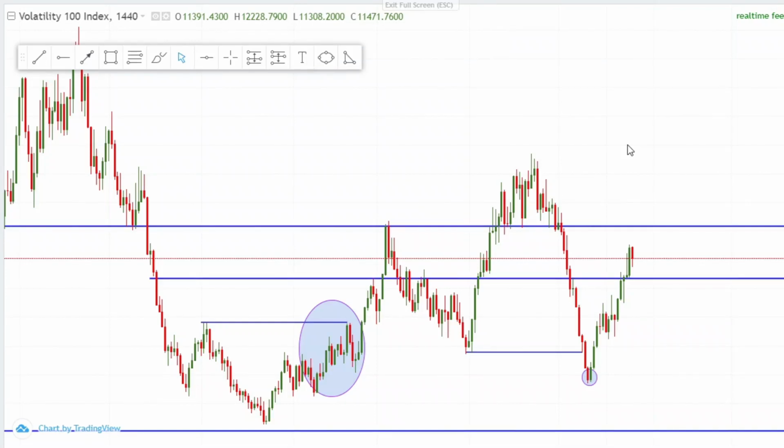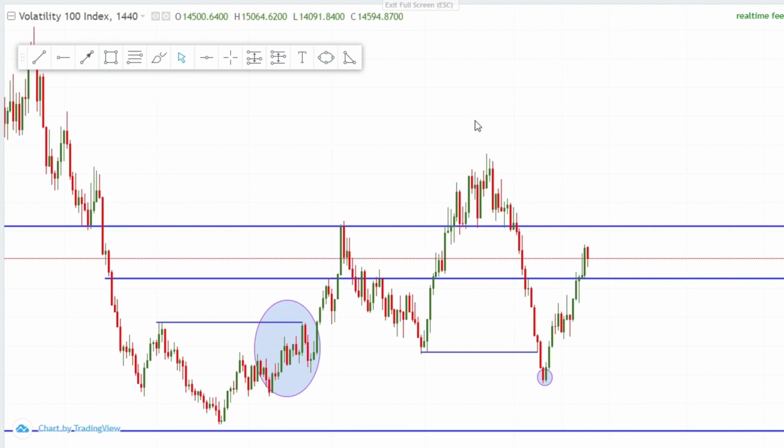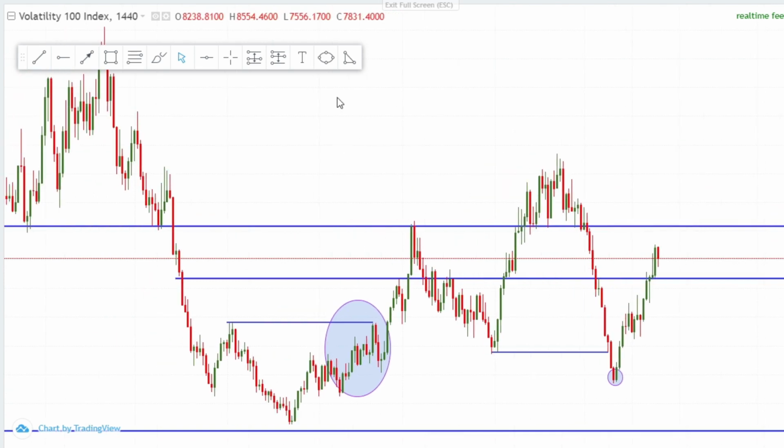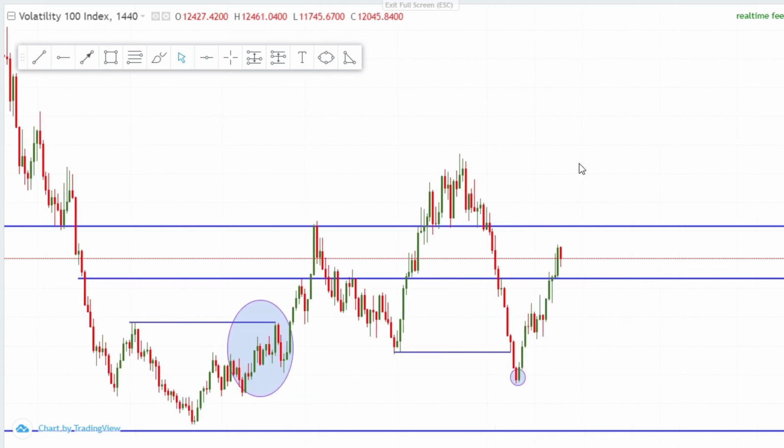So once again I'm here to do some analysis on VIX 100. All I should say is that don't stick these concepts to just a particular index. If you come across something that I've explained in a particular video using a particular index, and then you find such similar conditions on another index, please use them. Even the information here would be necessary for someone who is trading forex and stocks.